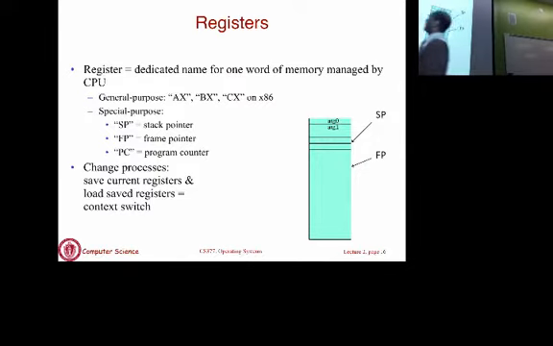Here are the 3 that we care about in addition to general purpose registers. The instruction pointer is also called the program counter. That is the register that points to the next instruction in the text segment, the code segment, that the process is going to execute, or the current instruction. So it always points to what is executing. Once that assembly instruction finishes, you point to the next instruction and so on. That tells the CPU what to execute next. That's called the program counter.